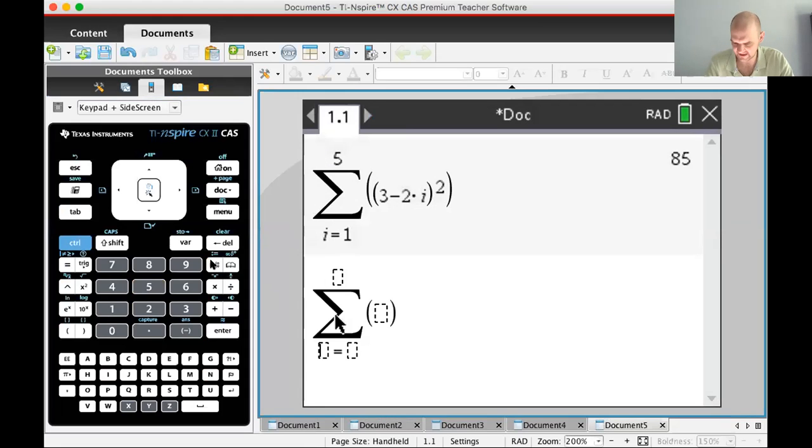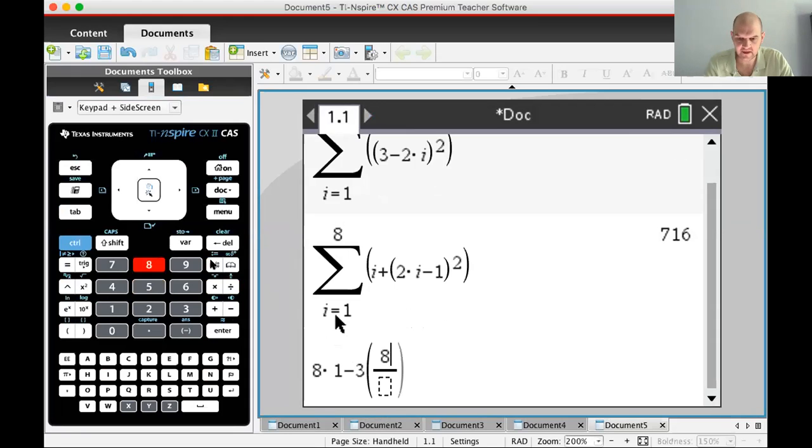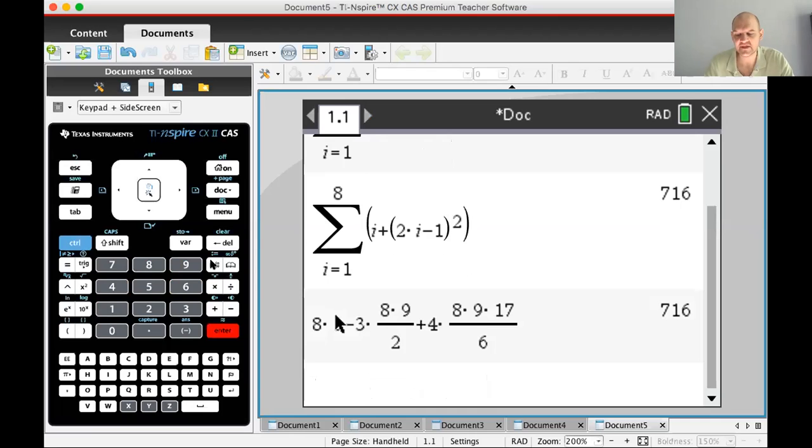I did not simplify this one because I thought that would save us possibly a lot of time. 2i minus 1 squared. All right, so 716 is what it gets. So I got 8 times 1 minus 3 times 8 times 9 over 2 plus 4 times 8 times 9 times 17 over 6. 716, so we got it right. And then the last one